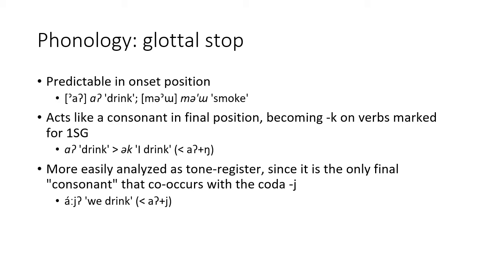In final position, it acts a little bit like a consonant in the case of the change from glottal stop to k in the coda with first person singular inflection. For example, the verb to drink becomes ak, I drink, because of the underlying ng first person singular suffix. However, it's better to analyze the glottal stop as a tone register feature because